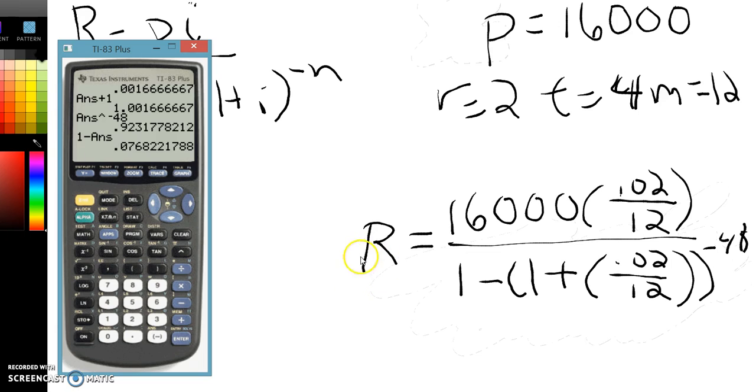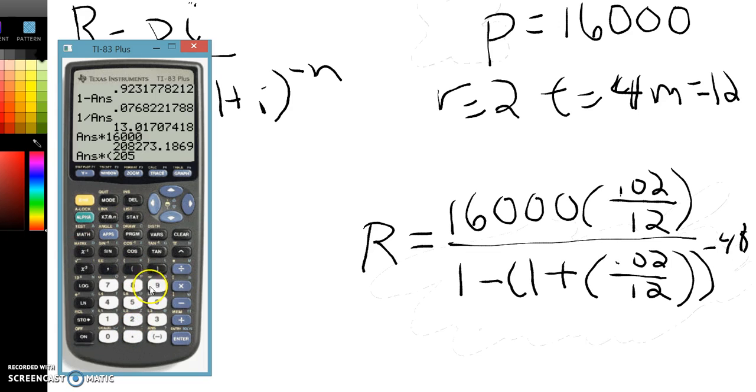Now what I want is that number, 0.076 and so on, to be on the bottom here. I'm going to do that by doing the reciprocal, or say 1 divided by the previous answer. So that here. That's the stuff that's on the bottom. Now I've got to multiply it by the stuff on top. So first I'm going to multiply by 16,000. Then multiply it by I, by 0.02 divided by 12. So I'm going to say times